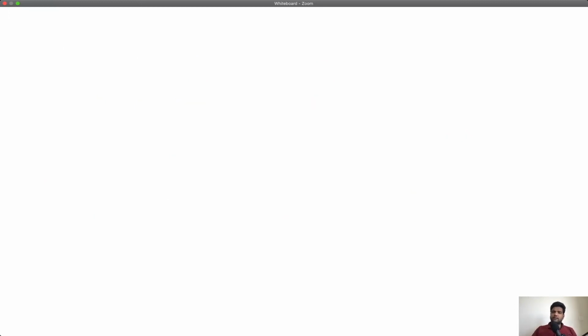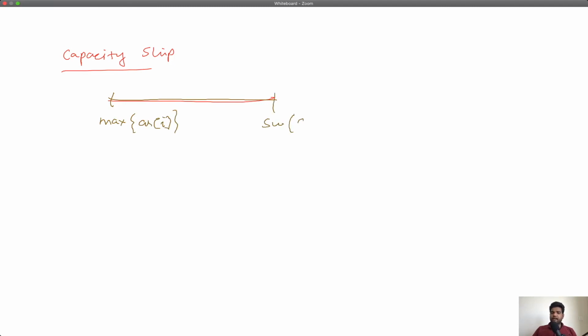The fifth question, the capacity shift question, is also similar to this. What was our search space? Our search space was from the max of array I to the sum of array I. And again, if you see the predicate computation in the while loop, you were doing order n work because you were going through the entire packages array and computing the number of trips it would take, right?